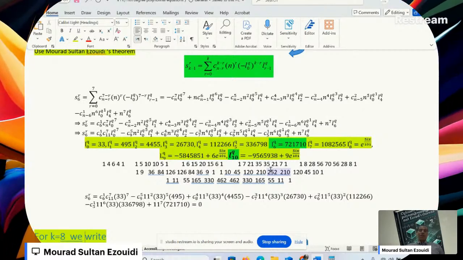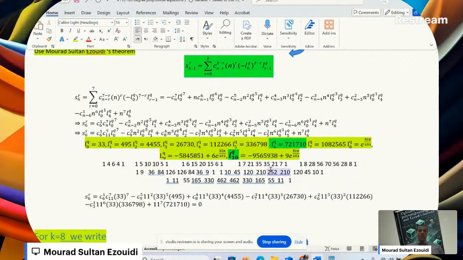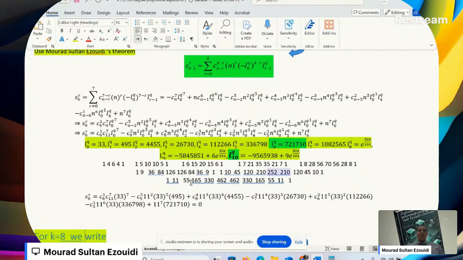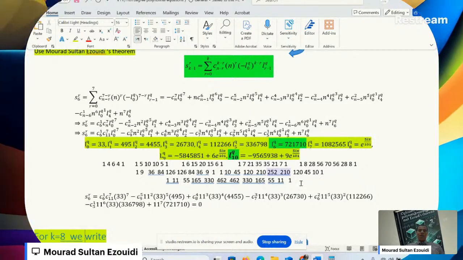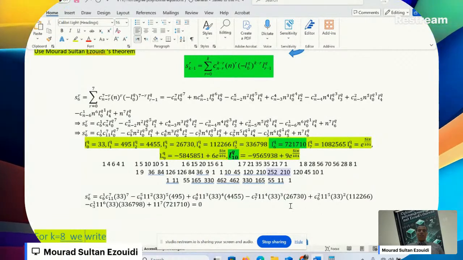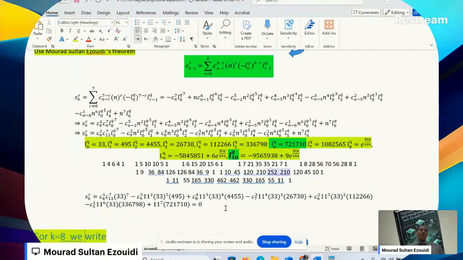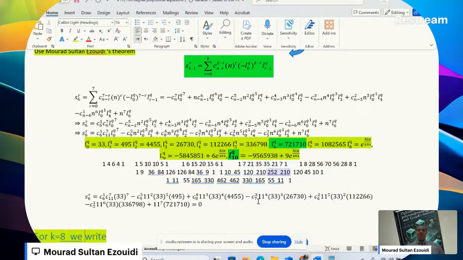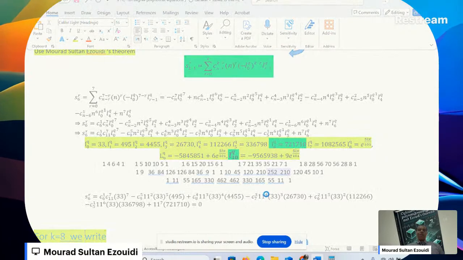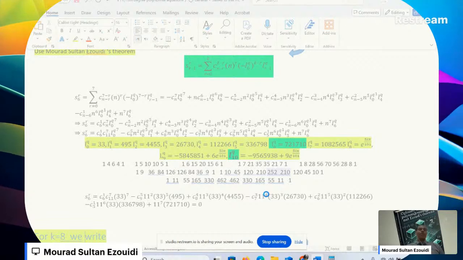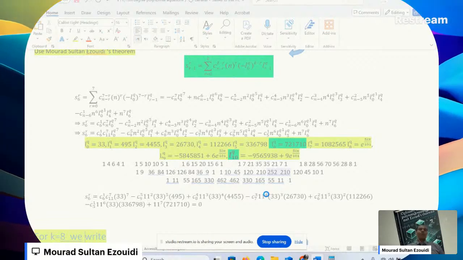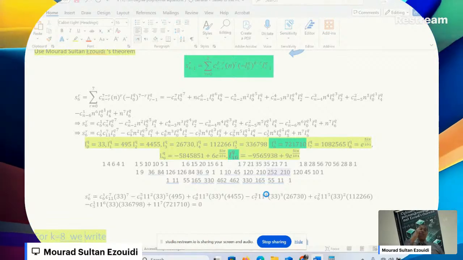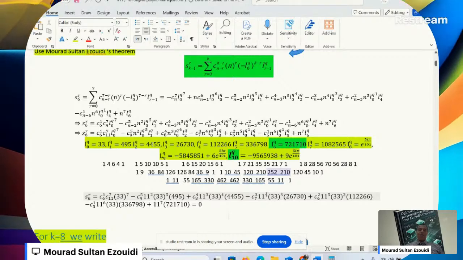Now we continue. We said that I'm going to find S6. This is the formula that will give you the seventh coefficient. Make our substitution and then find that it is equal to 0. Now we continue. I want now to dive into the structure to get S7. Just put k equal 8 in the theorem, or in the formula, whatsoever, and we can see that